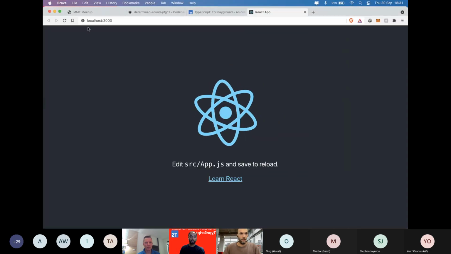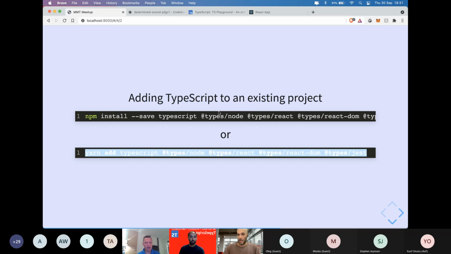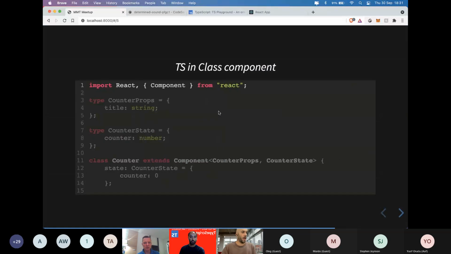Cool. So now I'd like to show you a few common patterns we can find in a TypeScript application with React. I'm going to start with the class component, even if I think nowadays it's not used anymore, but maybe in some old code base you still find something related to it.